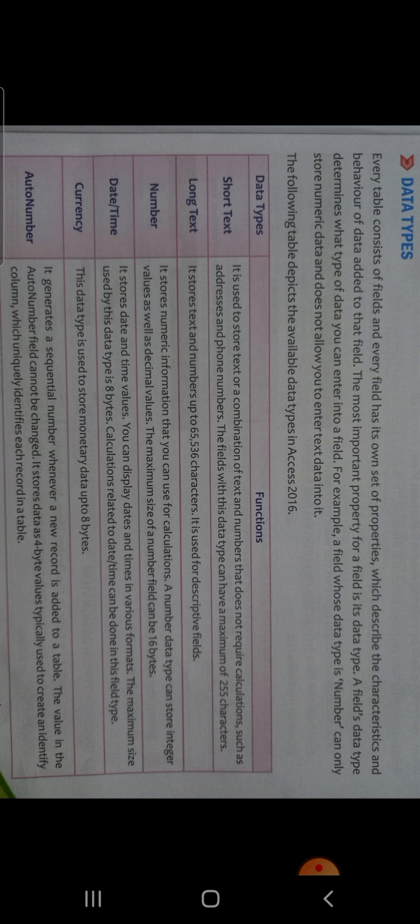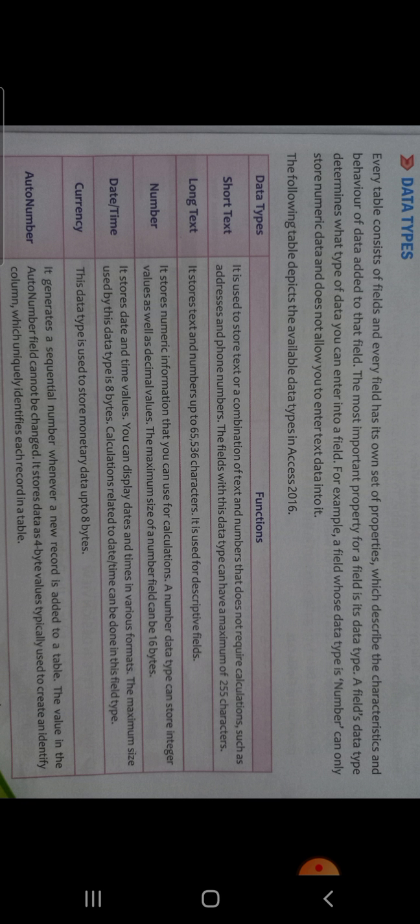The next is currency. As the name suggests, this data type is used to store monetary data up to 8 bytes. The next is auto number. It generates a sequential number whenever a new record is added to a table. The value in the auto number field cannot be changed.